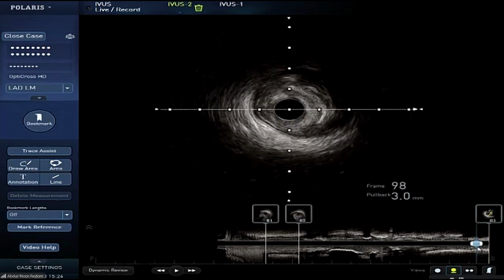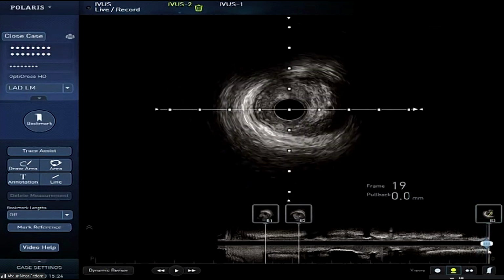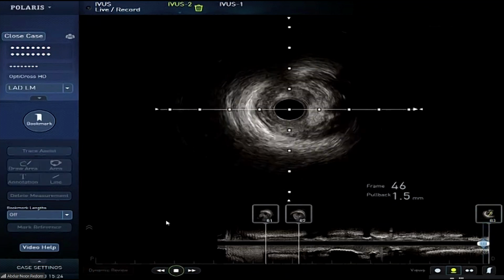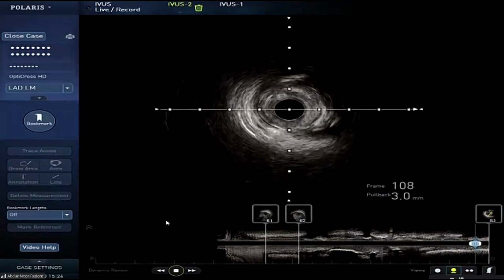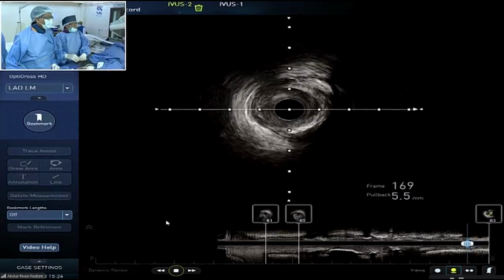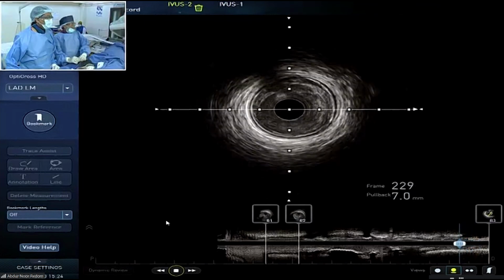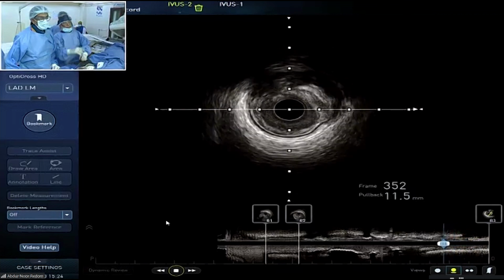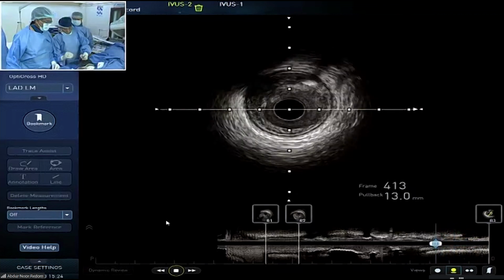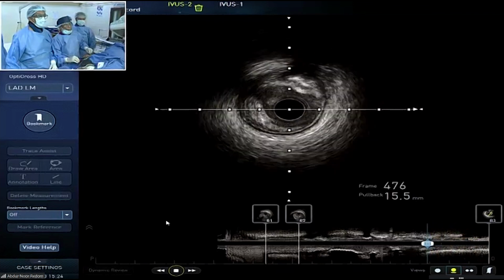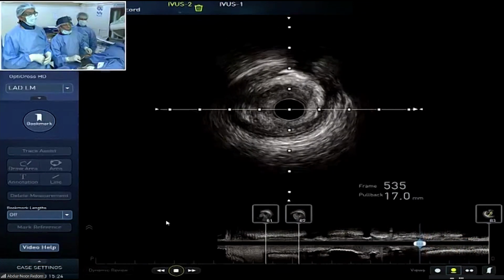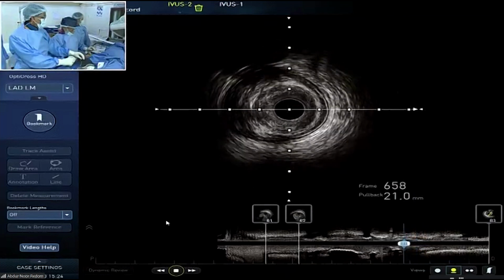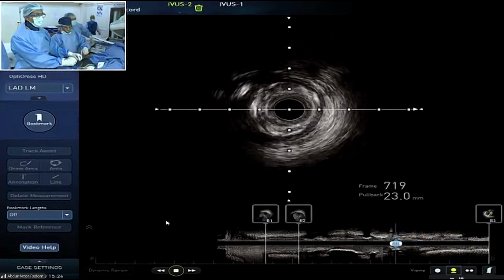So let me ask one question, Mirzaul sir. Is it a balloon undilatable lesion or a balloon uncrossable lesion? Previously it was a balloon uncrossable lesion. Ramesh, what do you think actually? What is your strategy, to go for IVUS first, then you can make a plan? That's exactly right. I think this is a balloon uncrossable lesion. Yeah, the pressure, we need to give something.